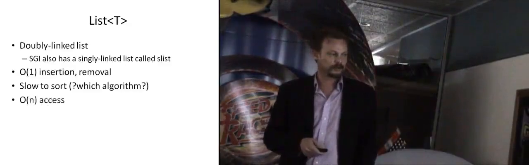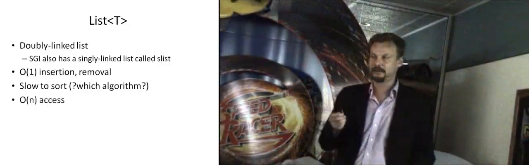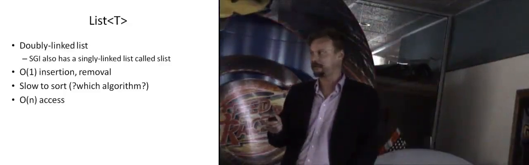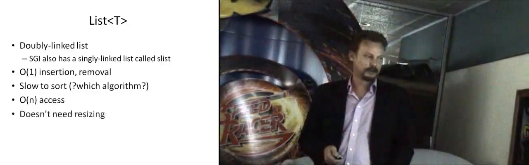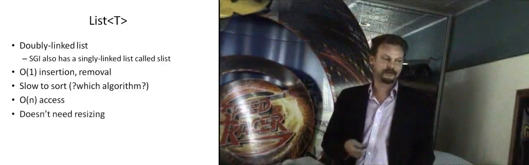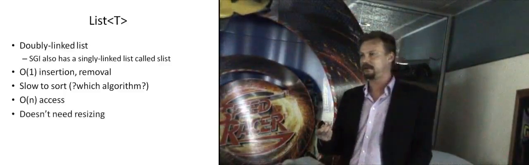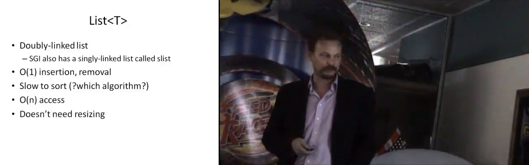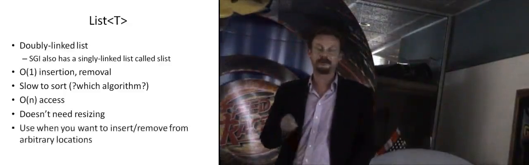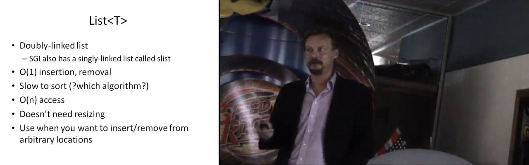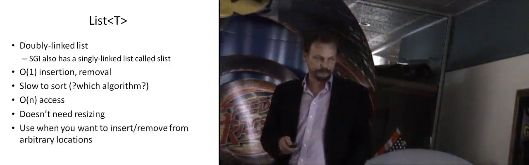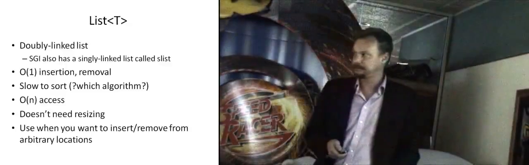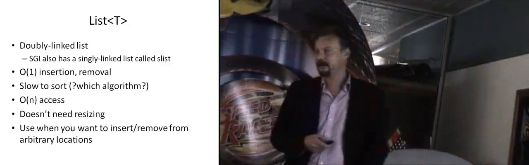To access the nth element in a list, you need to actually go through all the previous elements in that list. Hopefully this is all pretty standard stuff. One good thing about lists is you can add as many elements to it as you want, and it'll never actually resize. So it's constant time addition to the end. It's not amortized constant time, it is actually constant time. But we generally don't tend to use lists because they're fragmented. Yep. But we haven't got a memory allocator with fragments, so do we?